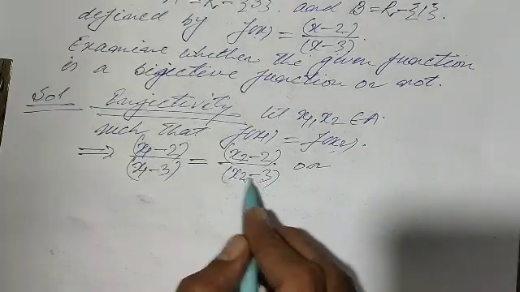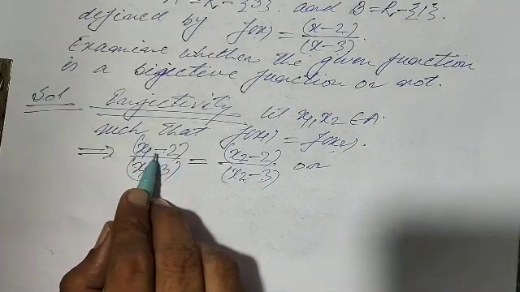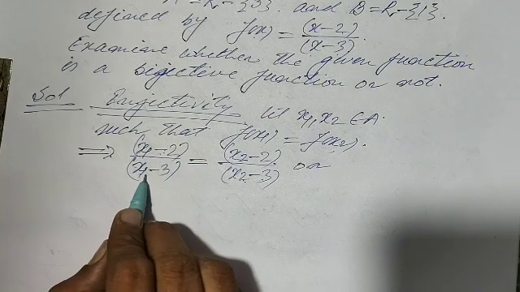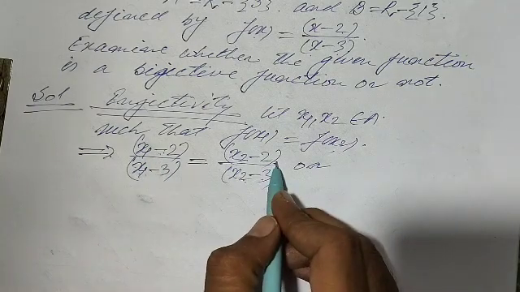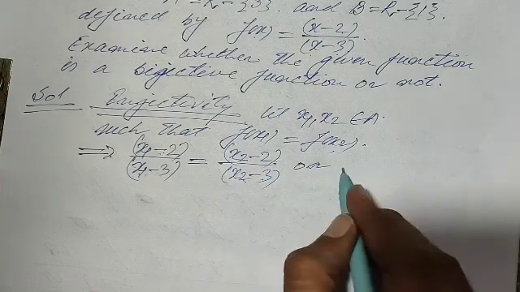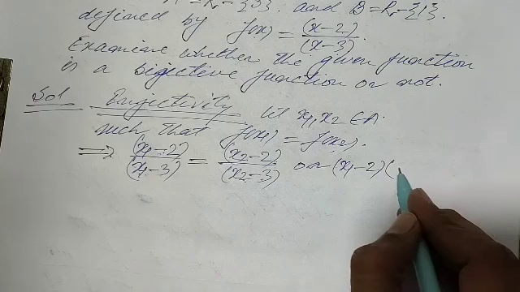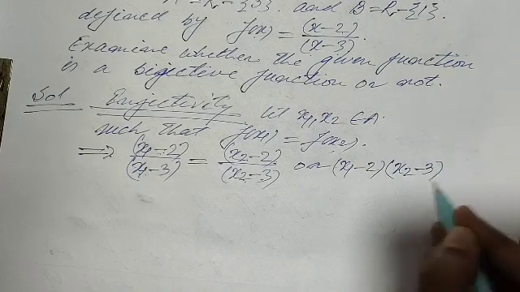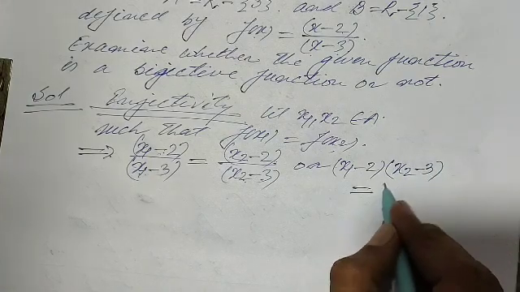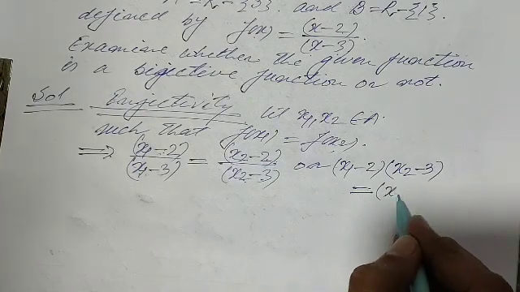We have to transpose x2 minus 3 to left hand side, so it will multiply x1 minus 2, and x1 minus 3 is transposed to right hand side, so it will multiply x2 minus 2. So we get (x1 minus 2) into (x2 minus 3)